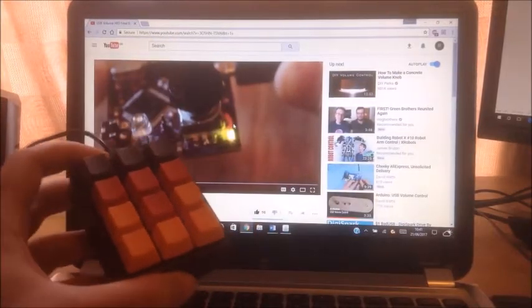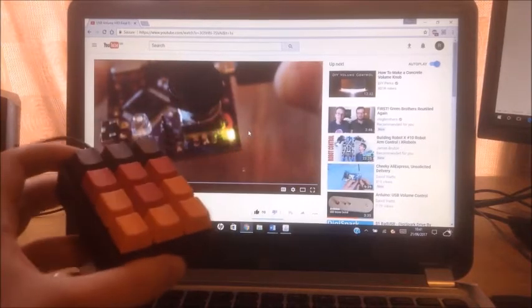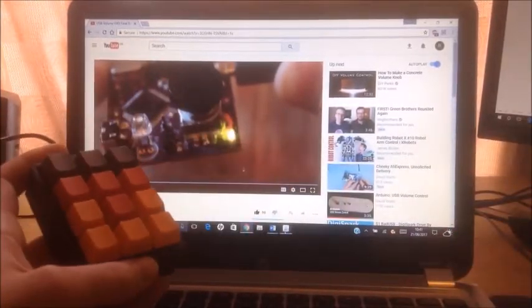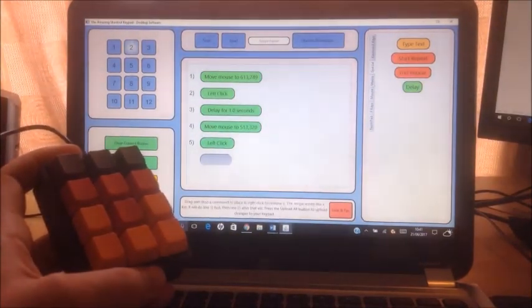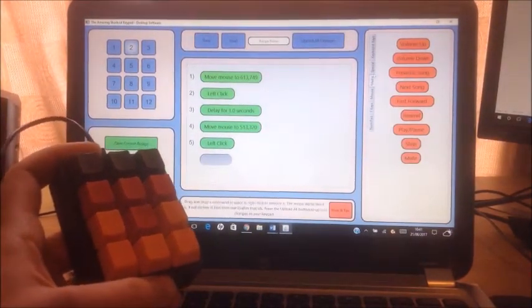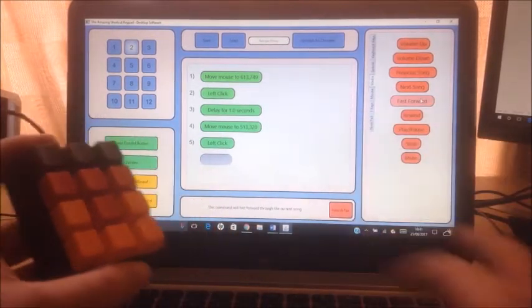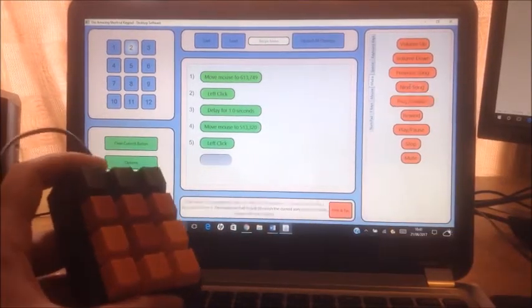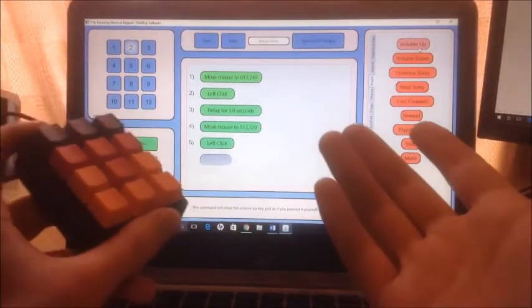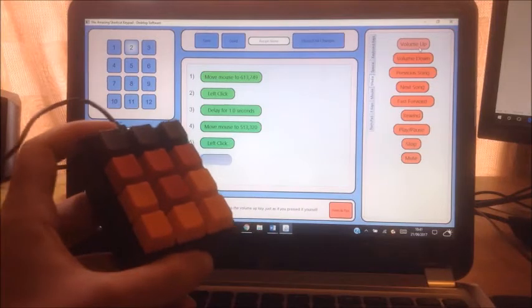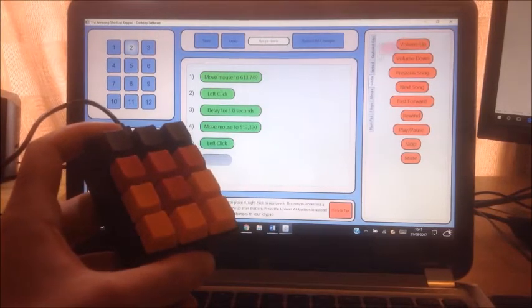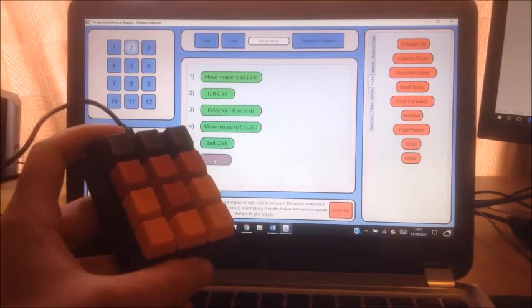So the final thing to do is the keypad can also do media commands. So this is going to be things like play, pause, mute, skip, that sort of thing. And to do that, I'm going to navigate over to this media tab here, and you've got things like mute, stop, pause, rewind, fast forward, your general sort of things you normally have across the top of your keyboard. And what I'd like to do, just to demonstrate this, is actually turn the volume up of the video after we've played it. So if I grab this little volume up command like that and drag and drop it over here,